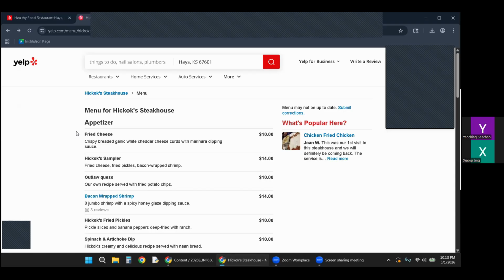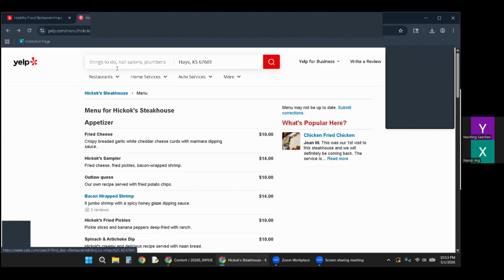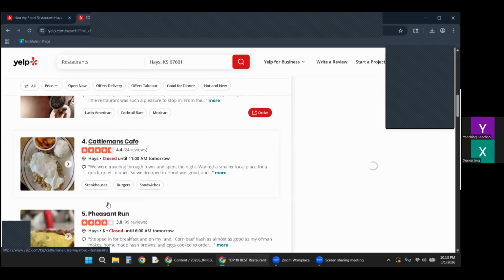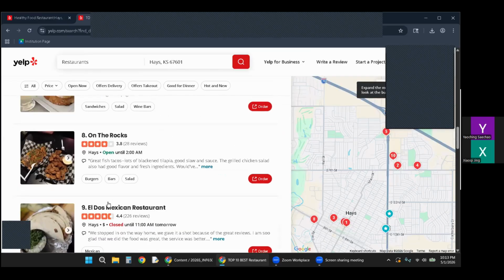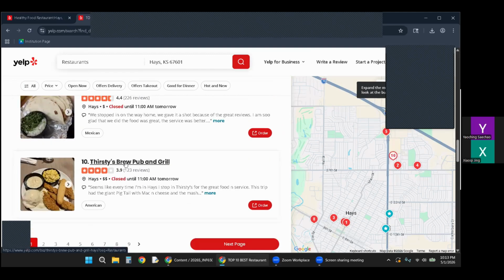But maybe, again, I put too many restrictions on it. I can probably go back to just restaurants in general, and it'll probably have a whole list. But to add the filter button and then take off so many of them, I'm sure this would probably be a good family one too, but that didn't pop up.